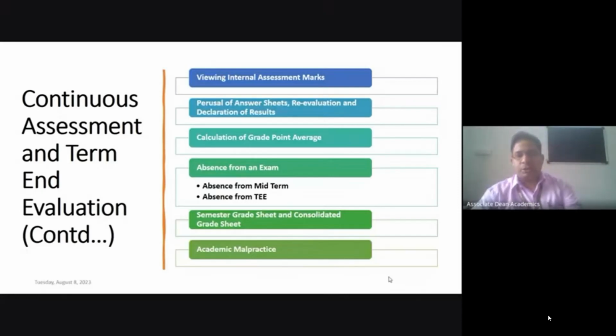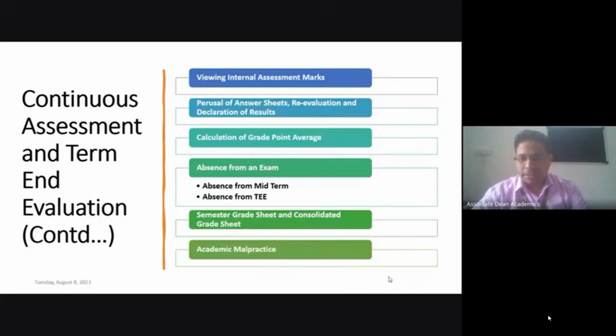And calculation of grade point average: GPA, SGPA, or CGPA. SGPA stands for semester grade point average, and CGPA stands for cumulative grade point average up to that particular semester. These points will be explained in a detailed session by the COE office.